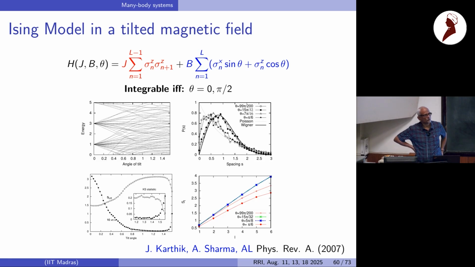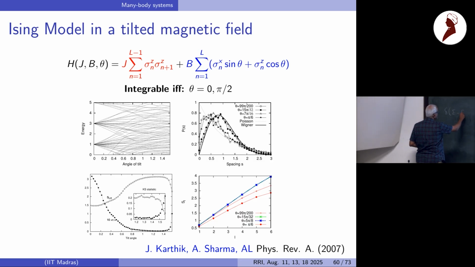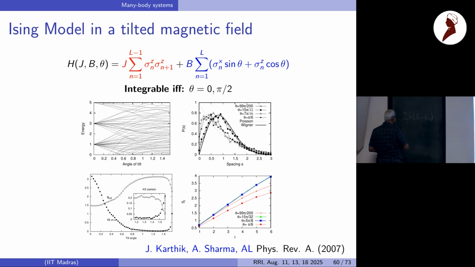If you look at it semi-classically, a density of states is just given by the volume of the energy shell. It's just delta E minus E_i, a sum over that, and that is the first term coming in. When you say density of states, what does it mean? It includes everything, many-body or not, that's the definition of density of states. Strictly speaking, this has all the information. This has all the random matrix chaos in it, and so on.